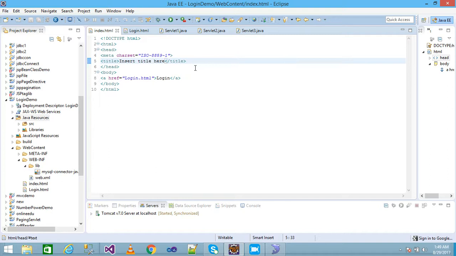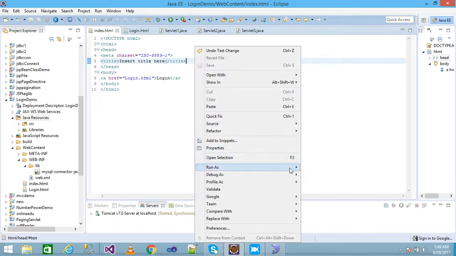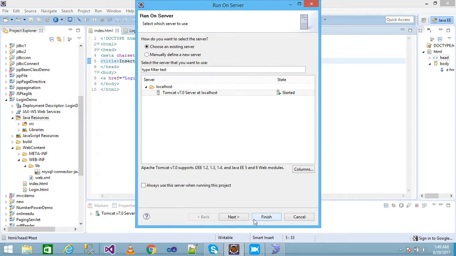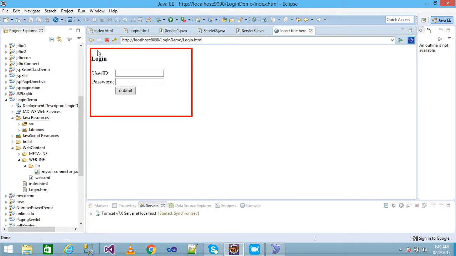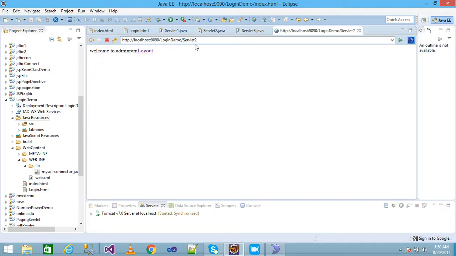and save it, and again I run it, run on server, and then click on next, finish, and then click on the login, and I write RAM and RAM, click on submit. It redirects to Servlet2. Welcome to admin. First it goes to Servlet1. After successful login, it comes to Servlet2 and welcome to admin and RAM, and simply prints the message